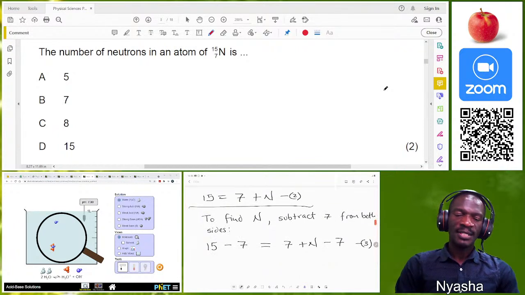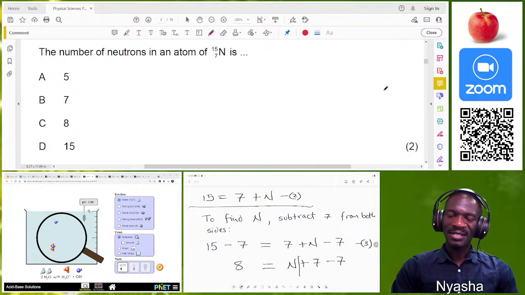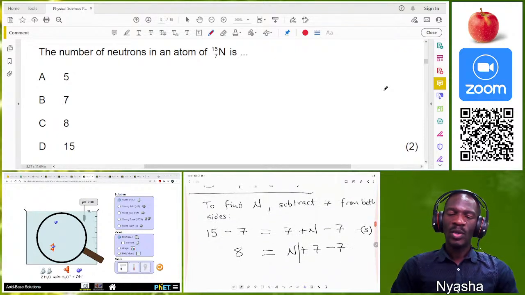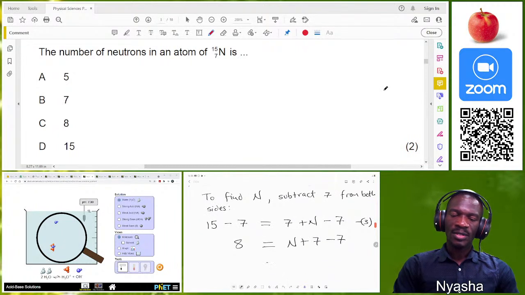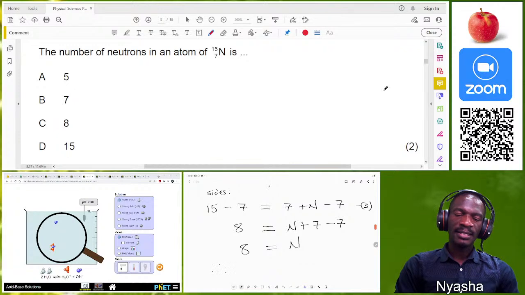So let's proceed now. What is 15 minus 7? That is an 8. Is equal to, what is 7 minus 7? Because on the right-hand side you can write this as n plus 7 minus 7, so that you can see that this 7 minus 7 will subtract. So that will then give you an n. So basically, your number of neutrons in this